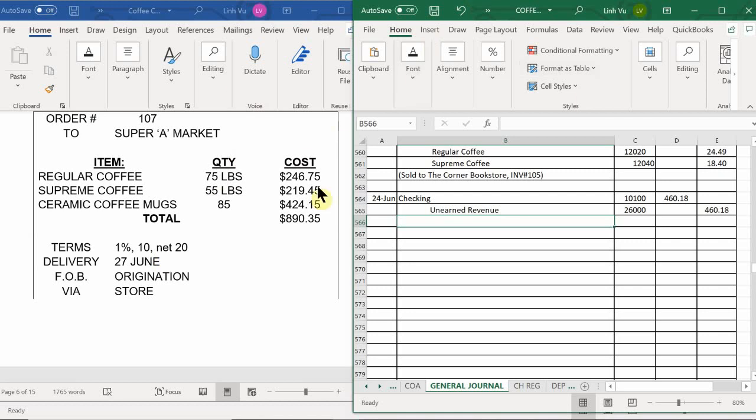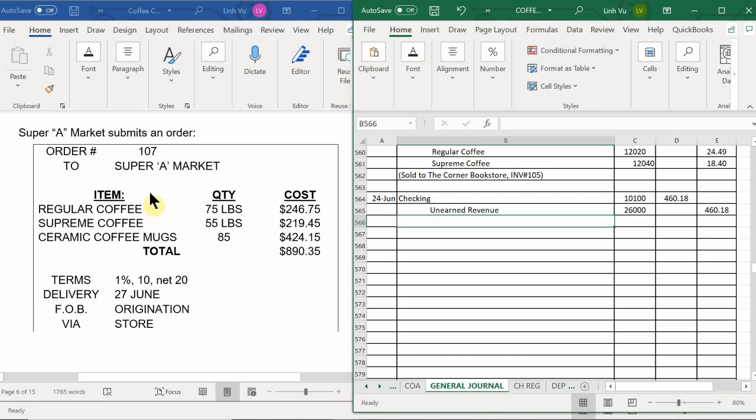So what's the note I'm going to add here? Could we just use Super A Market, prepayment on sales order 107? Good. Because a sales order eventually will be turned into an invoice. Oh, yes. So sales, advanced payment,